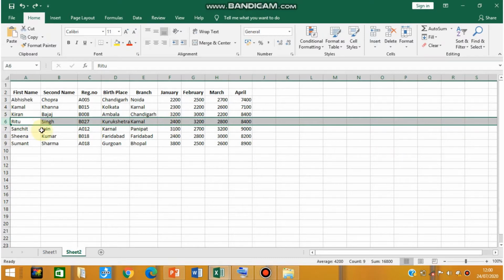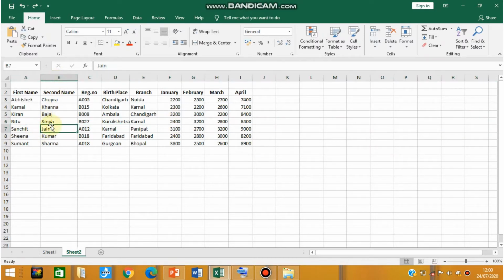Fine. Now, which is the column? Suppose I want to select column B. Here where B is written, that is the column header. Just using your mouse, click on that column header, and you will find that your required column has been selected. Your entire required column has been selected.